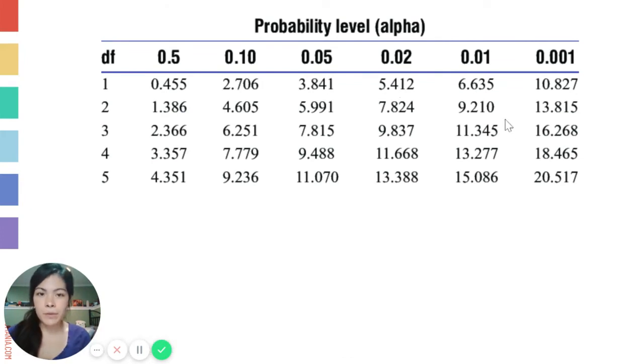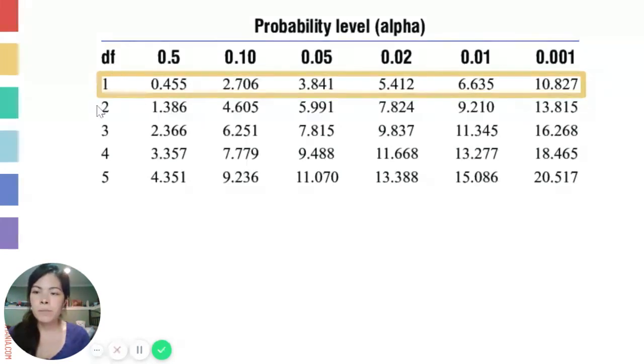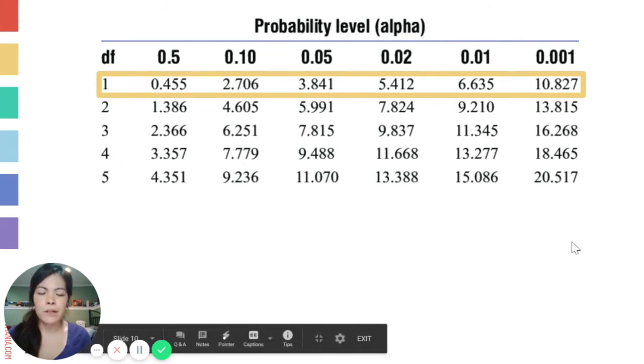So what that means is when we're looking at this table, we're only going to be paying attention to this first row right across here, where the degrees of freedom correspond to 1. So this is the row that we're paying attention to here. If you were doing a different example and you had 3 degrees of freedom, you would only be paying attention to this third row right here. So this is nice because now we can totally ignore all the rest of these and focus just on this one, this first row across right here.